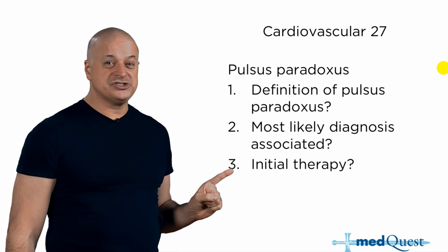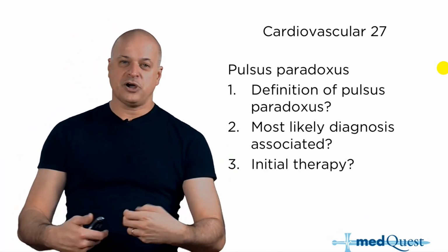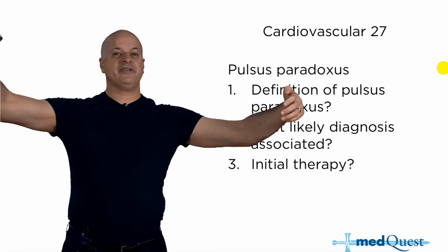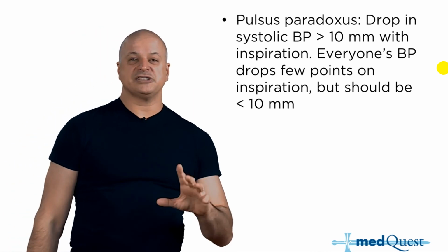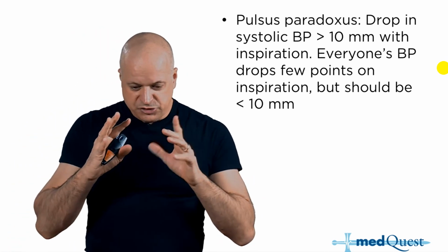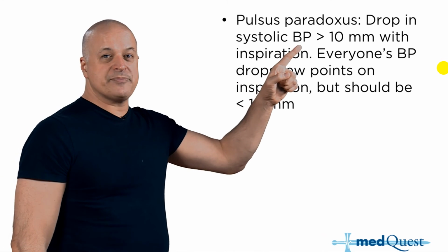Pericardial tamponade in the pulsus, and the initial therapy is fluids because you want to fill up the heart so it can actually push open that effusion, that pericardial effusion, by pushing open the heart. Now, pulsus paradoxus is when you inhale, you have a drop in blood pressure more than 10 millimeters of mercury